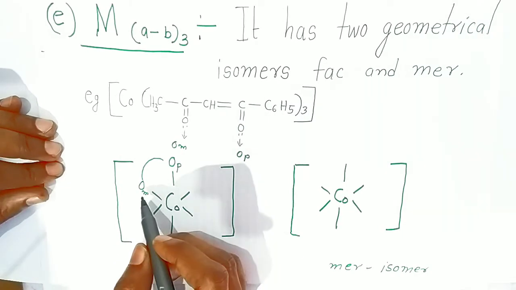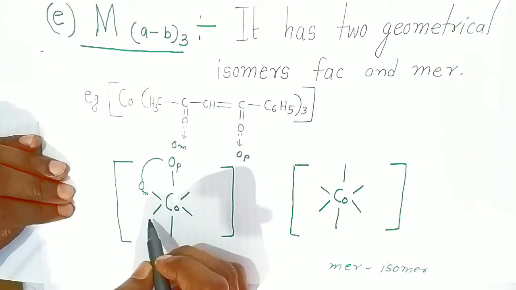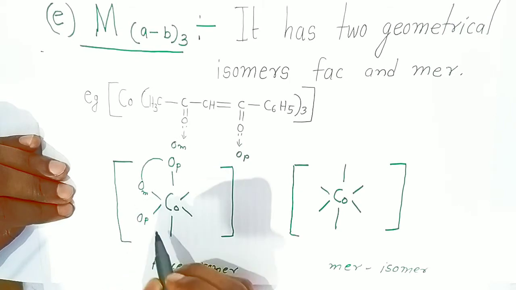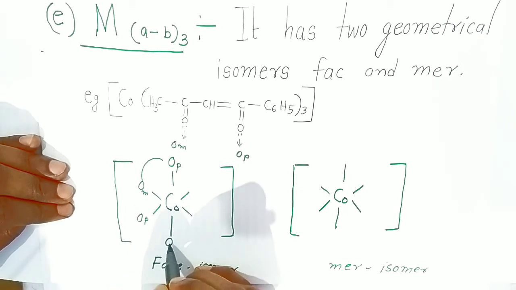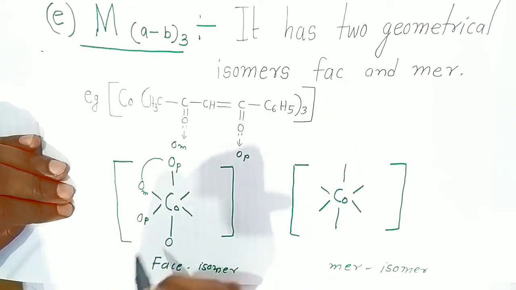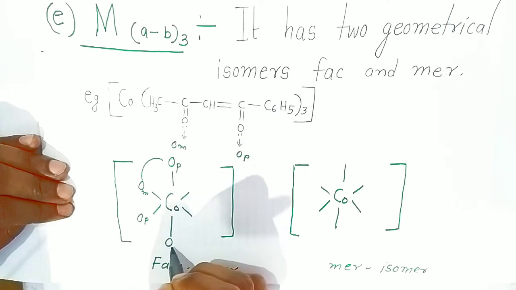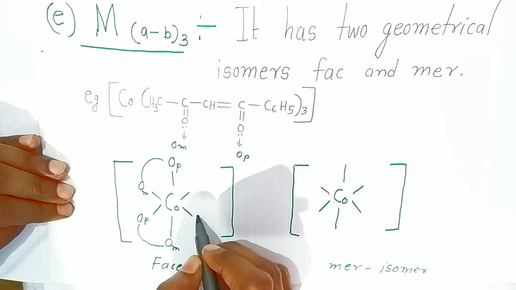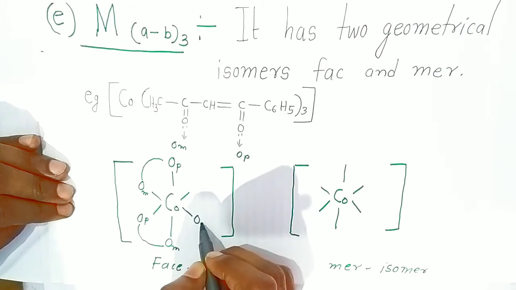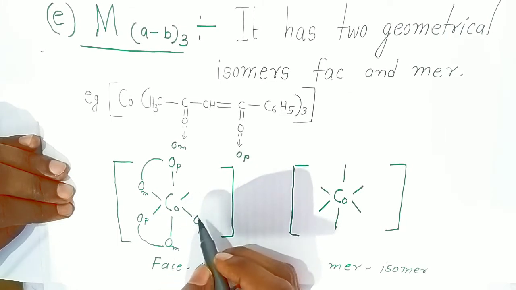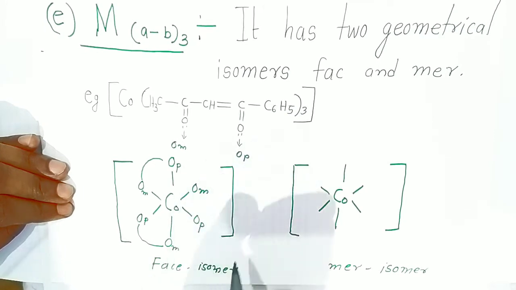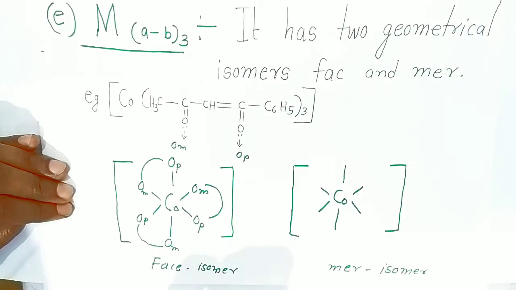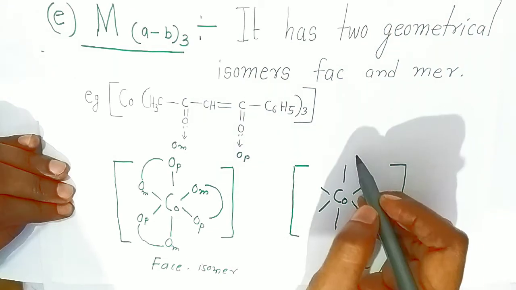Okay students, opposite to, if you are writing oxygen of the phenyl here, you have to put oxygen, because oxygen of this, they are going to donate the lone pair to this cobalt. So you have to put the oxygen of the methyl this side, and double bond you can show like this. If oxygen of the phenyl group is going to donate this electron, then oxygen of the methyl group will donate this. In this part you can put. This is the fac type of structure. Okay students, this we call as what? Fac.